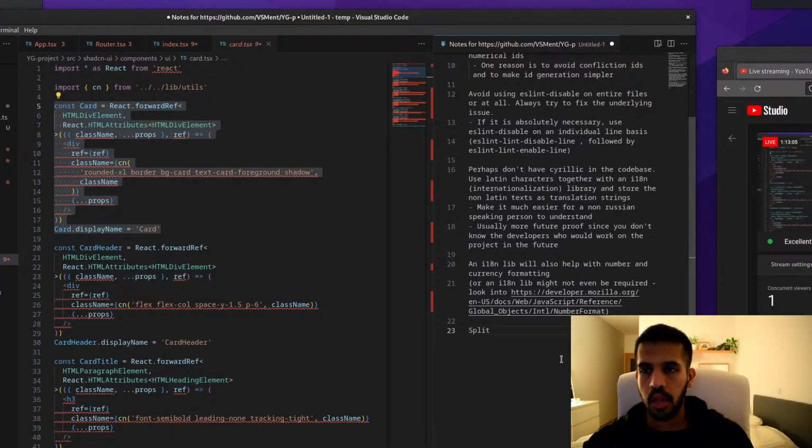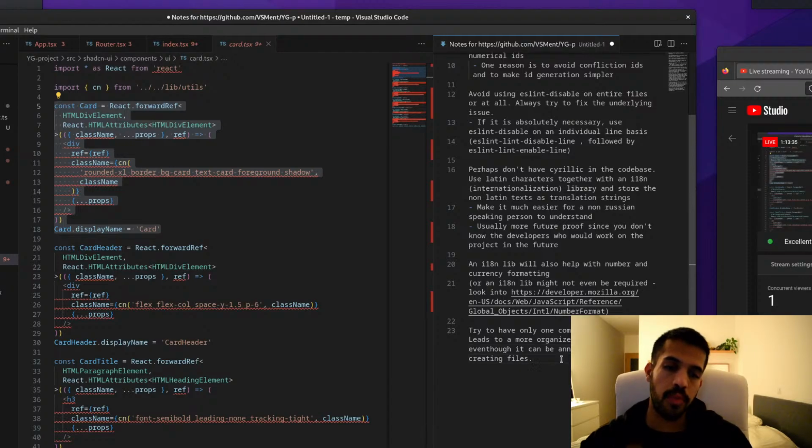Split. Try to have only one component per file. It leads to a more organized code base, even though it can be annoying to keep creating new files.